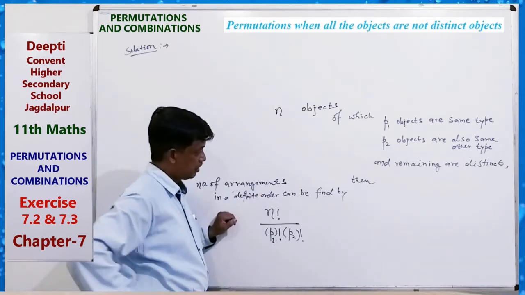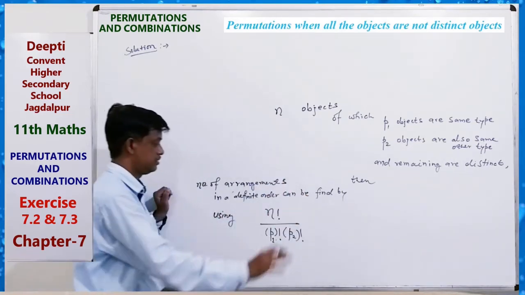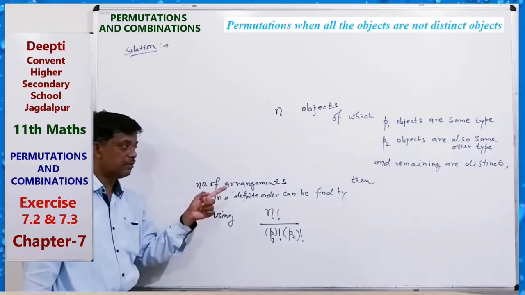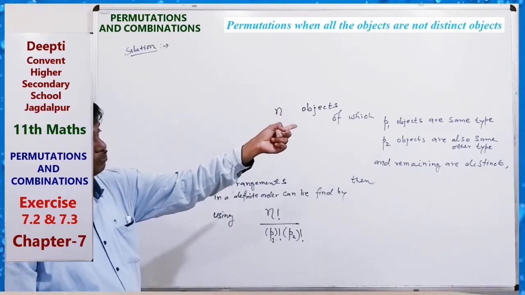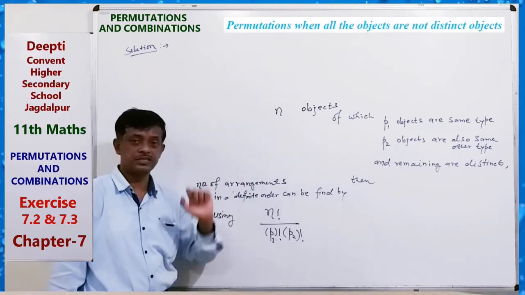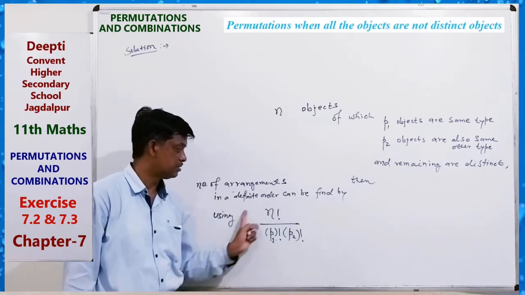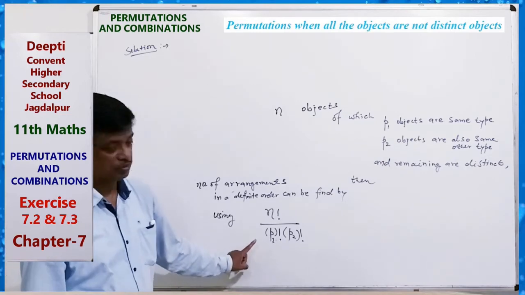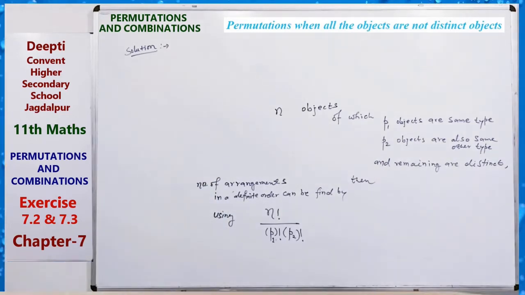Okay. The number of arrangements in a definite order can be found by using this, where n objects are given, of which p1 are of the same type, p2 are of another same type, and the remaining are distinct. Then you can find the number of arrangements like this by using this. So note down this formula also. Clear? Now we will solve